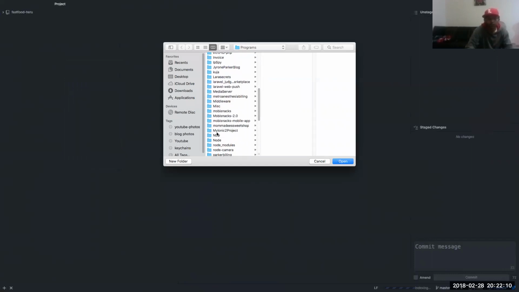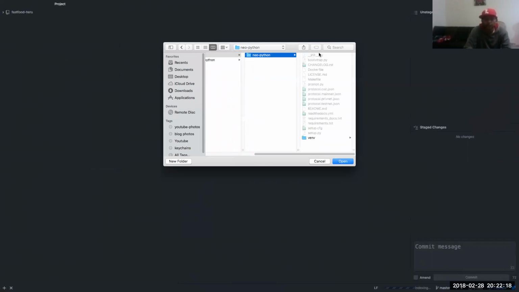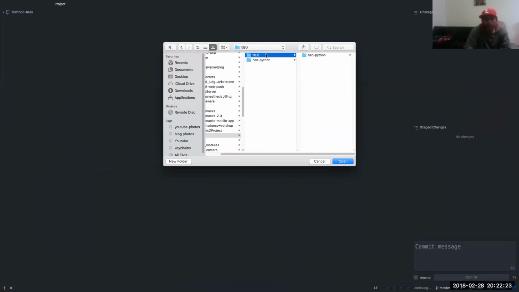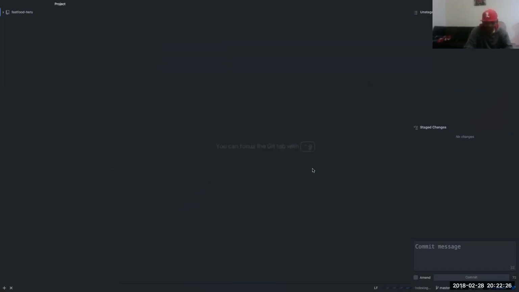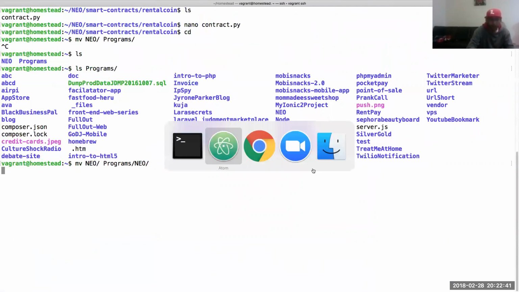I realized that I had my Neo folder inside of my VM folder and not my post folder. And that's still not done. Oh, damn me. I don't know why I did that. All right, well, that's doing that.